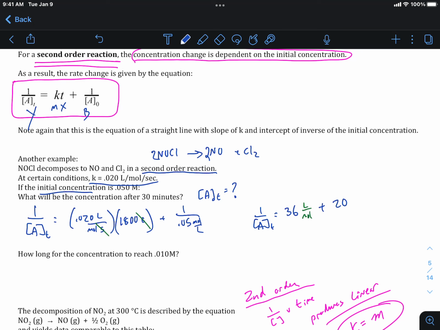And if you take 1 over moles over liters, the unit that results is liters per mole. Right? Because these have like units, they can be added. So we're talking about 56 liters per mole is equal to 1 over the final concentration. So the final concentration then